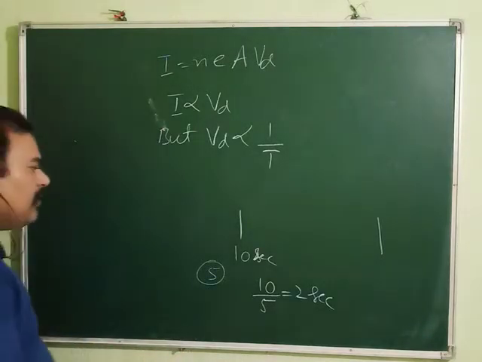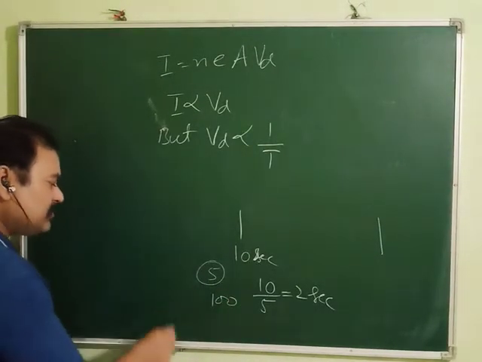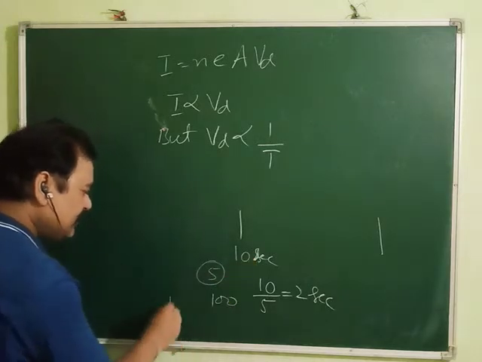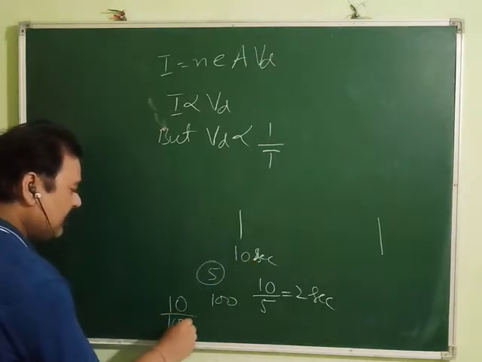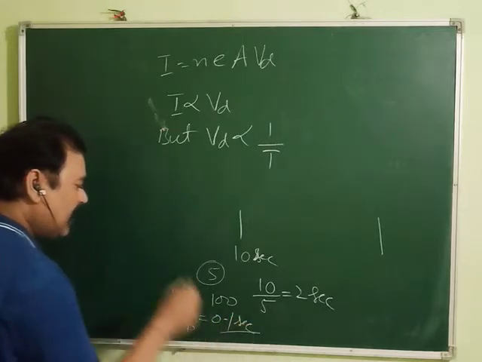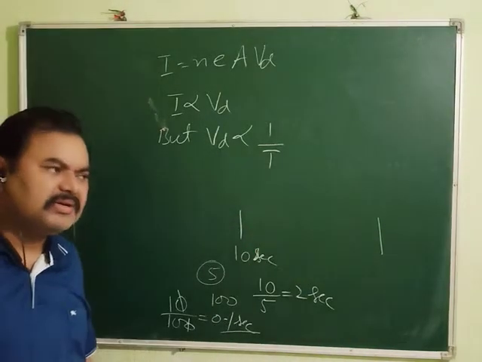Now it undergoes 100 collisions. So what is the relaxation time it is going to get? It is 100 collisions, and time is 10 seconds. So 10 upon 100, you will get 0.1 second. So after one collision, it is getting only 0.1 second to increase its velocity due to acceleration, and so it will not be able to increase its velocity more. It will be able to increase its velocity by a very small amount. So obviously its relaxation time will be less.